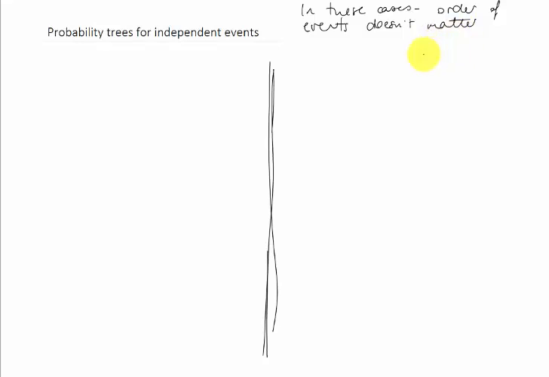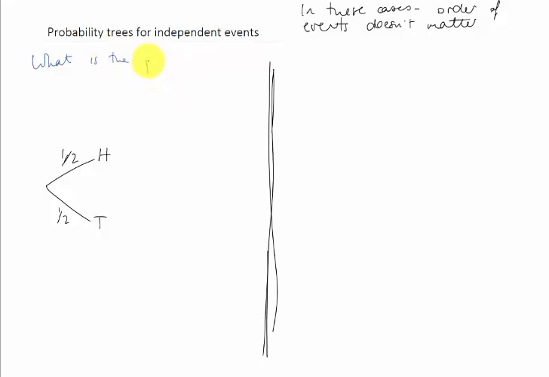So first of all, let's think about a coin toss. So all I'm going to do is say heads or tails. And half of the time we're going to get heads, and half the time we're going to get tails. And then we can expand on this. So how about,